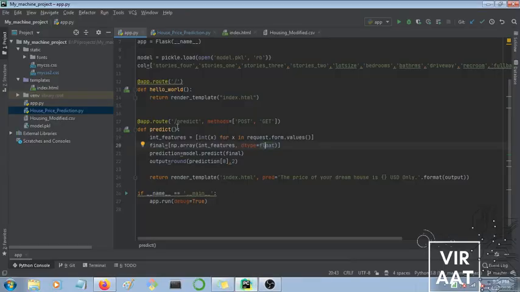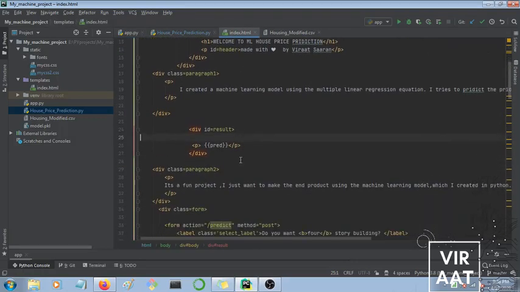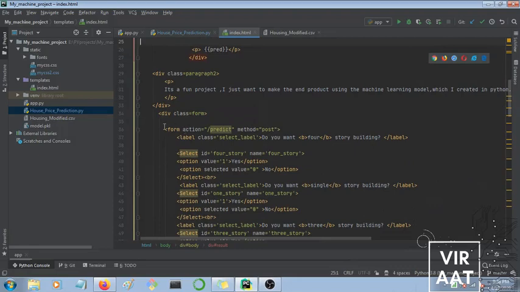How I did this: I created a route in my app.py, slash predict, and I am calling this slash predict from my index.html. As you can see in index.html, in the form action, I have given the action, that means where this form value should go, a route slash predict. So all my values will go into this slash predict, and the method is post.